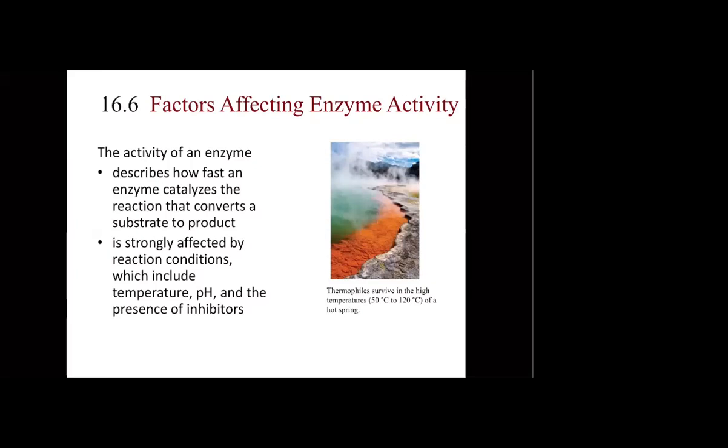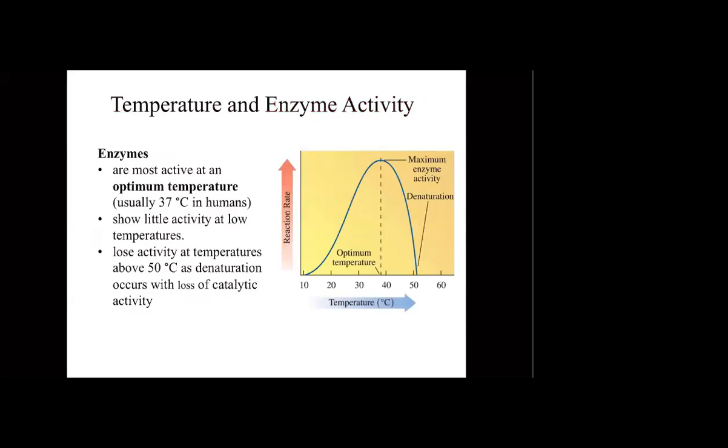So as you can see, even at the molecular level, we can explain the survival of some organisms, because even though biology will tell us, oh, this is the type of organism that lives there, at the molecular level the functional groups in the proteins inside that organism are what actually explain its survival. So now let's explore the three different conditions that affect protein structure. The first one that we're going to explore is temperature, okay?